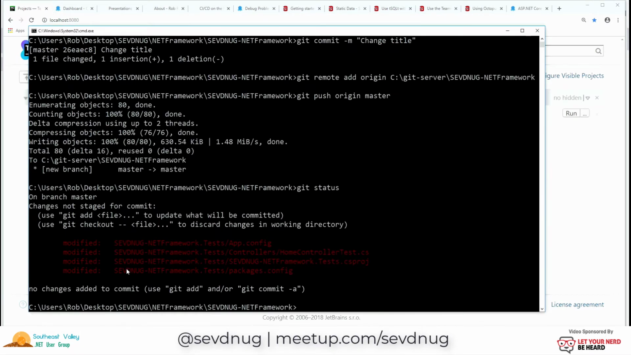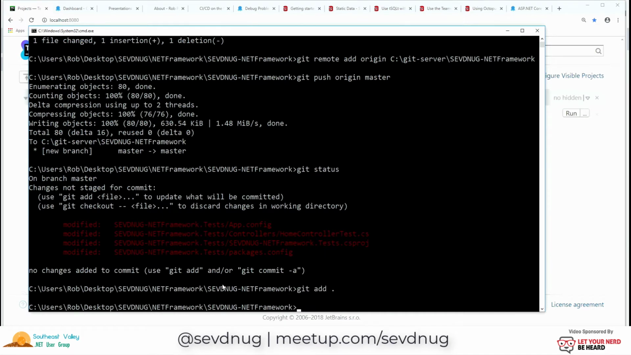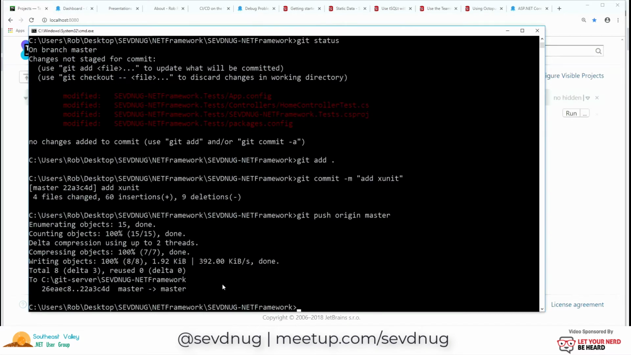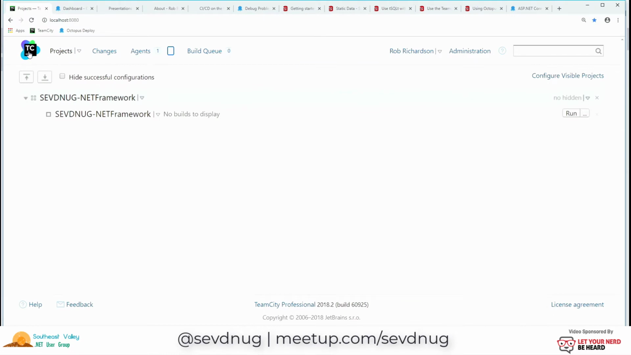Back here in Git status, we see that we have those changes to our tests. Git add all the things, git commit -m, add XUnit, git push origin master. Now we've pushed